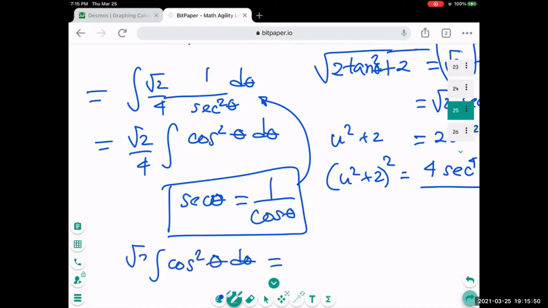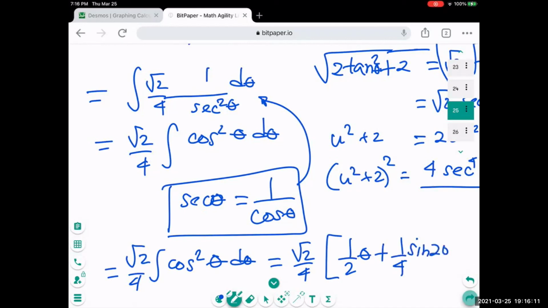Based on our table, it is 1/2 of theta plus 1/4 of sine 2 theta plus c,